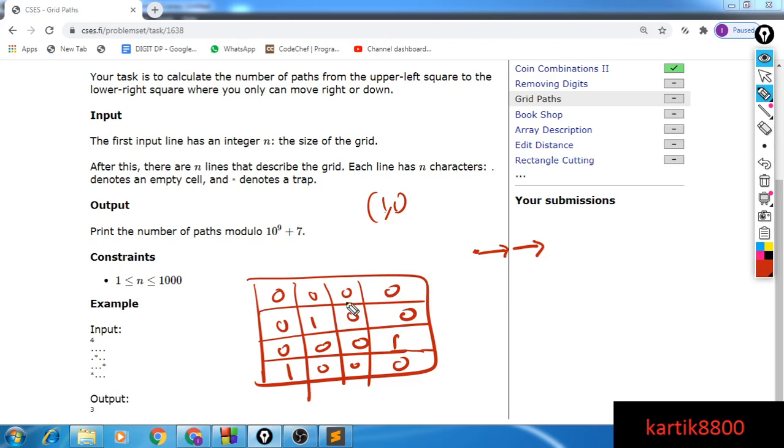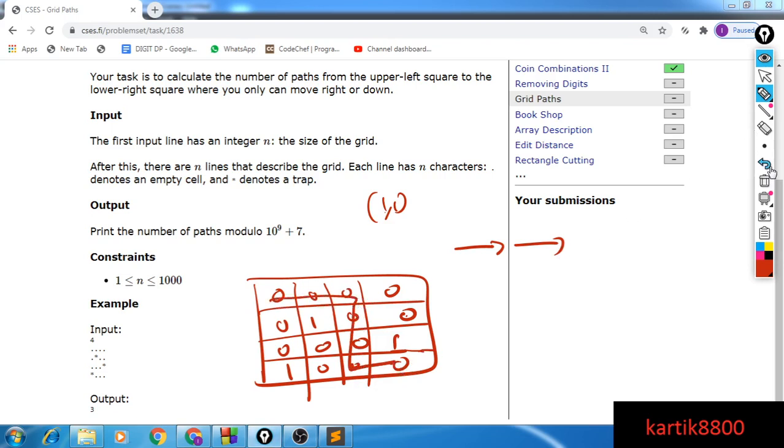Here I can choose to go right or down. Let's say I go right, so I am at this cell. From here I can only choose to go down, and there is no valid way to reach the end because I will go down, I will reach this cell, then I cannot go down anymore, and right also there is no direction to go. So this wasn't a valid way. Instead I'll go right one time, two times, so two rights, then I will go down till here and right. So that is one way, this one.